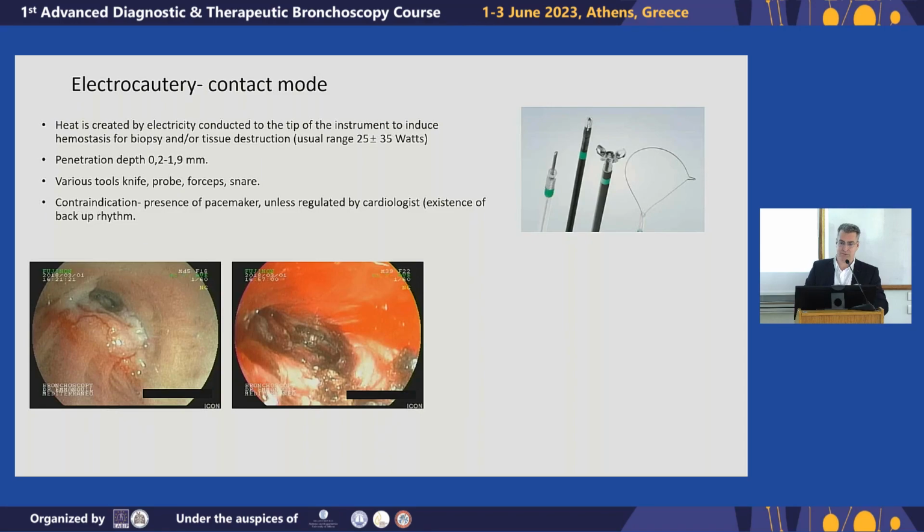Electrical energy passes through the body of the patient very near to the heart. So we have to take into consideration two aspects. The first is that if there is a pacemaker, then the grounding, in brackets, should be on the other leg, which means the right leg, in order for the electrical energy to dissipate to the right. And the second important thing is that the pacemaker should be set on a standard point. So it has to be set on 70 beats per minute, for example,